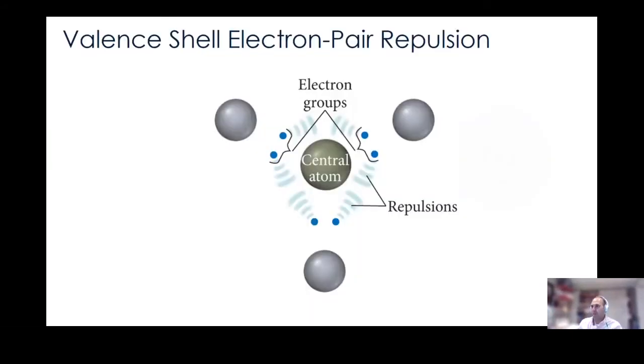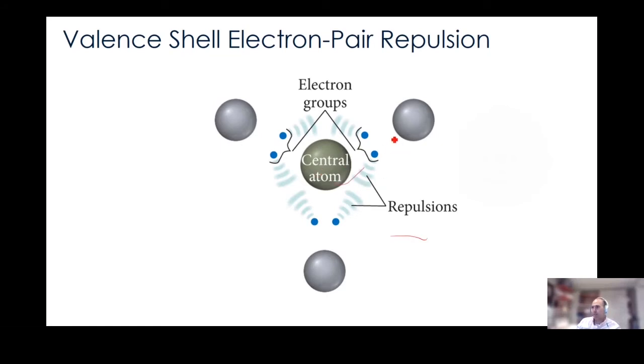So the theory that we are going to be working off is something called valence shell electron pair repulsion, VSEPR. You will usually hear it referred to as VSEPR theory, and the reason is VSEPR just sounds better. That's really it. But the idea in VSEPR theory is that when I have multiple atoms